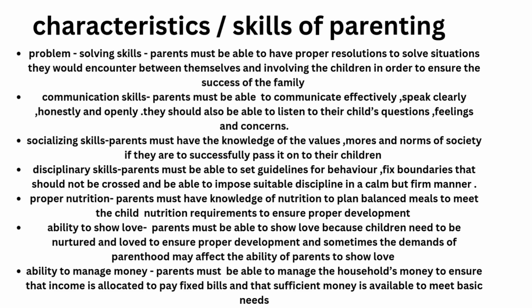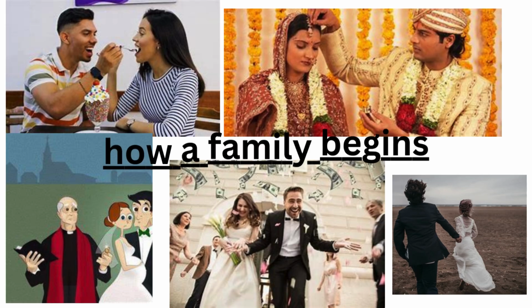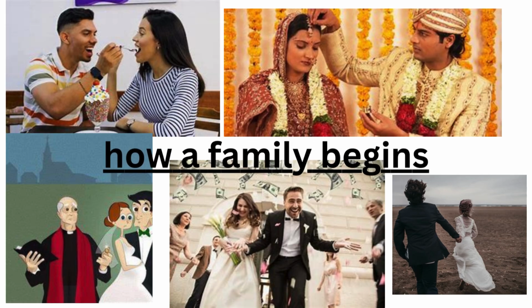Now, while we are on the topic of family, let's talk about how a family begins. The adolescent period is one which is characterized by a very powerful and strong sex drive. It is during this time that adolescents generally begin courting, which may end in the formation of a family. So, courtship, which is dating, is normally the first sign which indicates that two people are interested in family life,